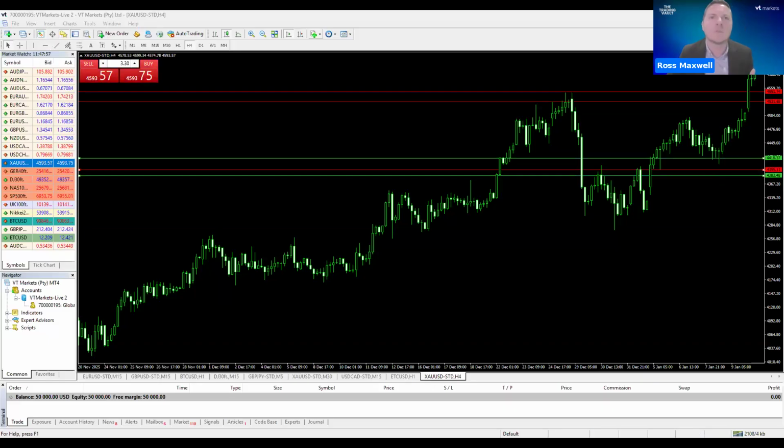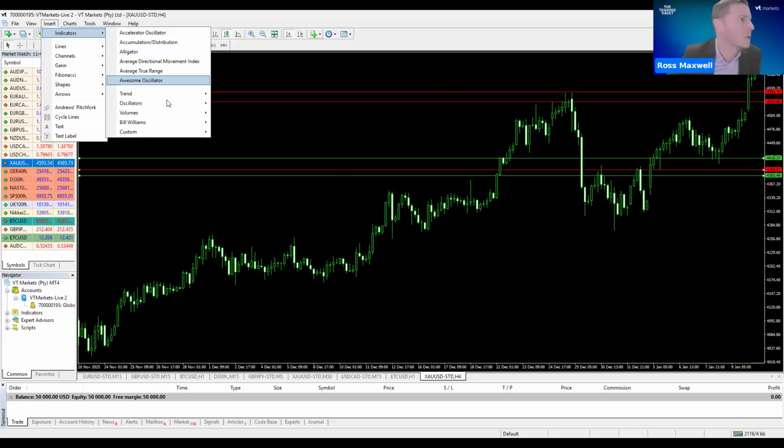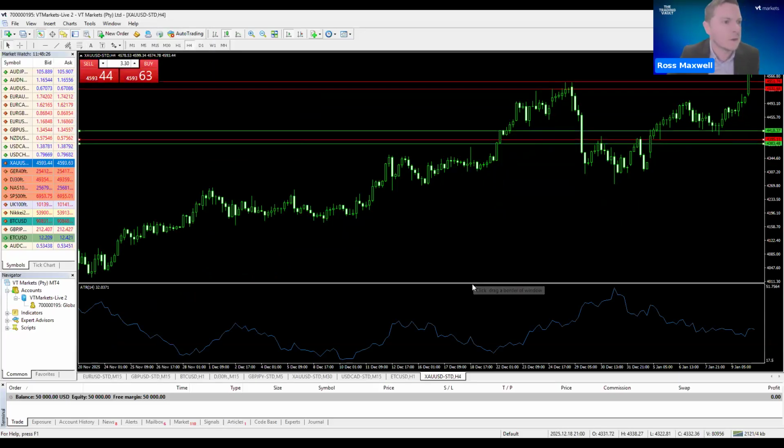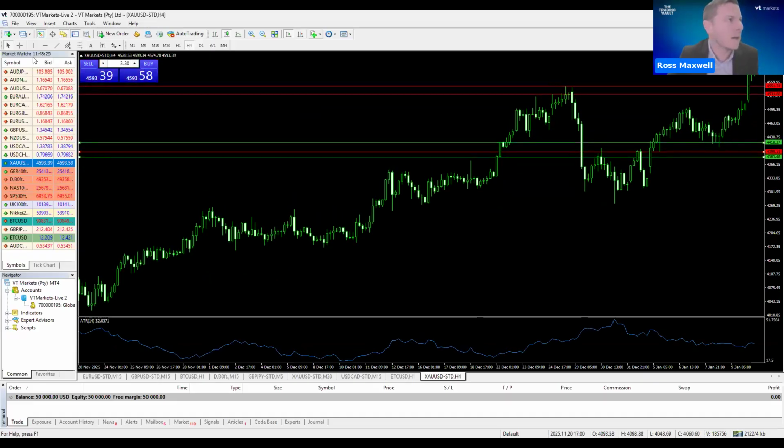Is your stop loss fixed by pips, or does it depend on your strategy? It is a fixed number of pips in relation to the asset class that I'm trading, the instrument that I'm trading, and the time frame that it's on, the volatility of that time frame and instrument. So, for example, if I insert an indicator, I use the average true range. Okay, 14 is fine. That's your average true range. So what I do is I look at that.